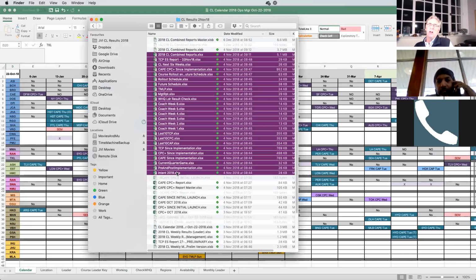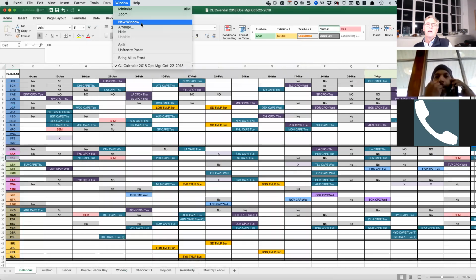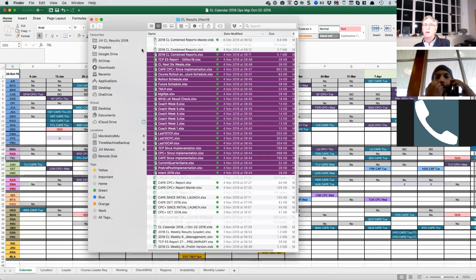It's called save small. It's the one that builds all of the reports. So if I go back to the combined reports master file,